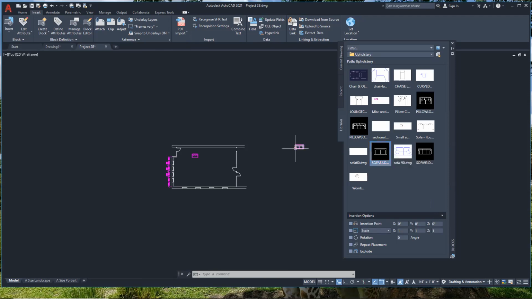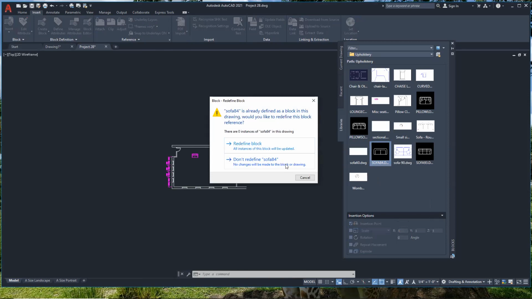I just drag it in. Now, oh, I just put it in there. Well, I guess it's just putting it wherever I tell it to. So I guess I'm wrong about that. But normally I have this checked so that